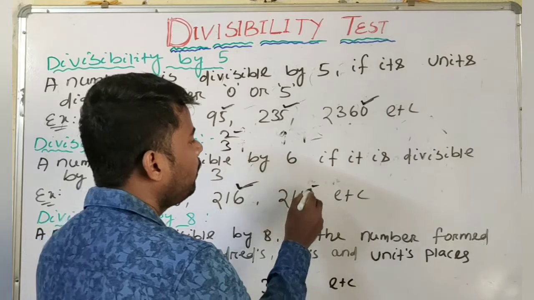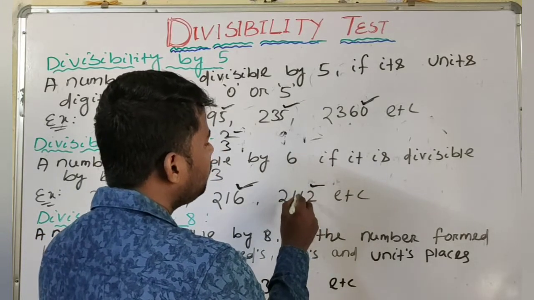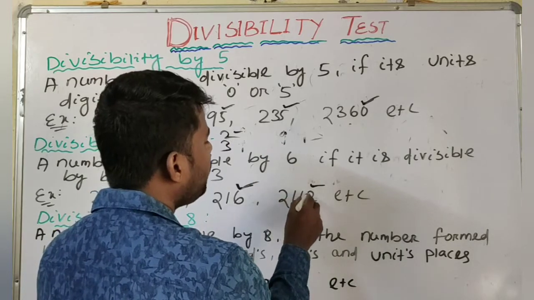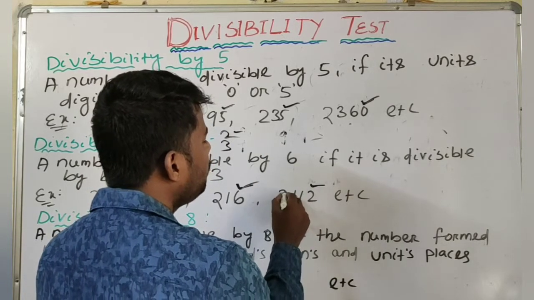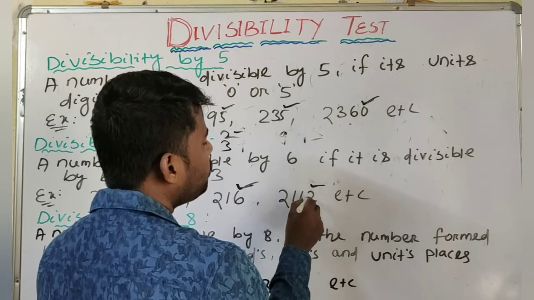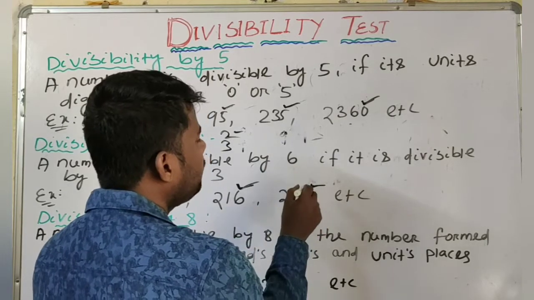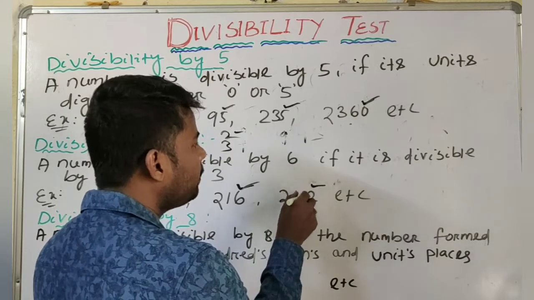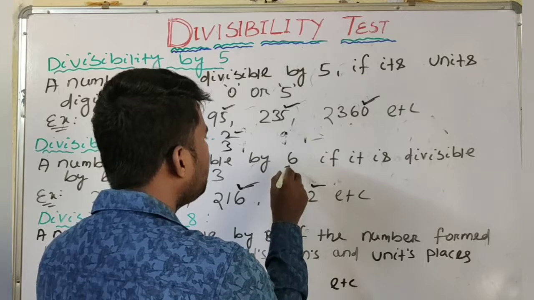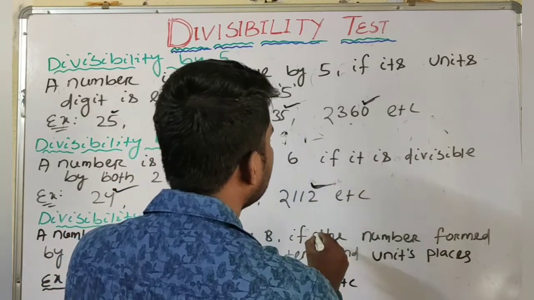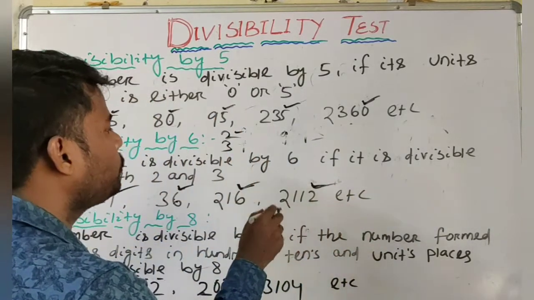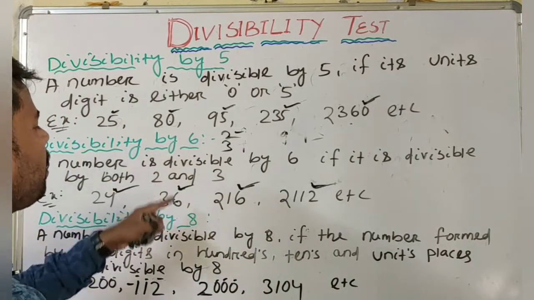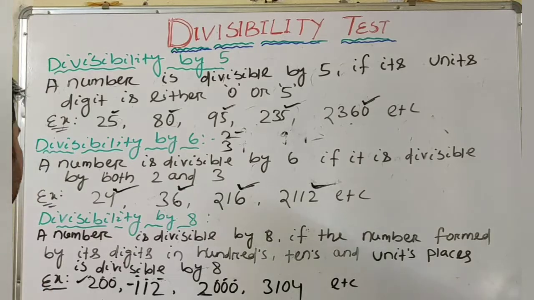Here also its unit digit is 2. That means this one is divisible by 2, and the sum of its digits is equal to 2 plus 1 plus 1 plus 2 is equal to 6, and this one is a multiple of 3. That means this number is divisible by both 2 and 3, meaning divisible by 6. So in this way we can identify which number is divisible by 6 or not. Then we will know